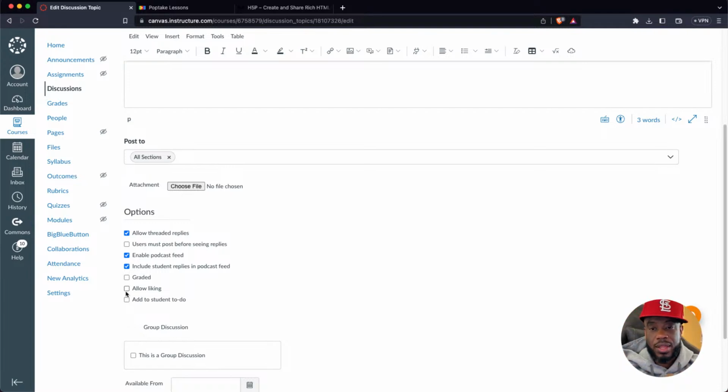It could be a not so great thing in terms of kids assessing the number of likes as self-worth. So Bob got 15 likes, I got 2, so obviously Bob is a wonderful person, I'm not. People's self-esteem could be impacted with that. This is kind of that social media phenomena. So I generally do not allow liking, just to take that out of there. But you might be somebody who's using this as a tool to gauge kids' interest in a particular idea or something like that. That might be reasons why you use the allow liking.